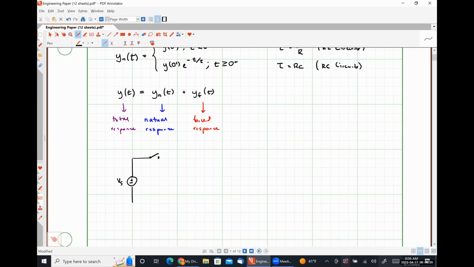Here we have a switch. Here is our resistance R. Here is our capacitance C, like so. And I'm going to call this voltage